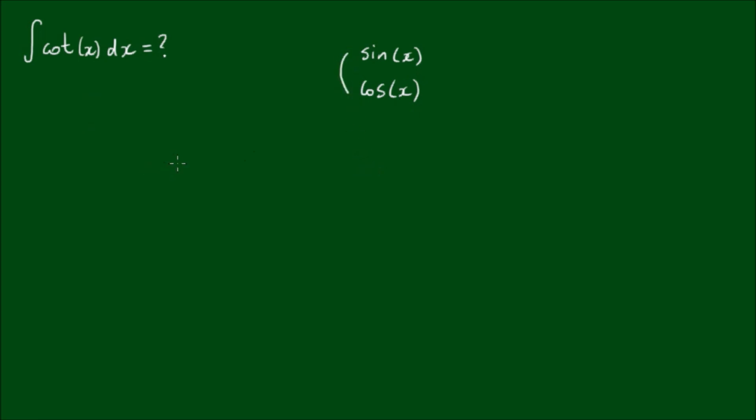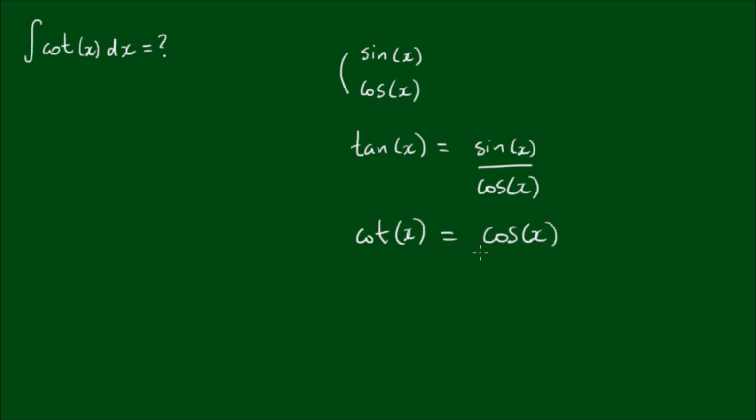In the case of the cotangent of x, well, we know that the tan of x is the ratio of sine to cosine, or simply sine of x over cos of x. The cotangent of x is the opposite, or the reciprocal. It's the ratio of the cosine of x over the sine of x, or simply cosine of x divided by sine of x. So effectively we are integrating the division of the cosine of x on the sine of x